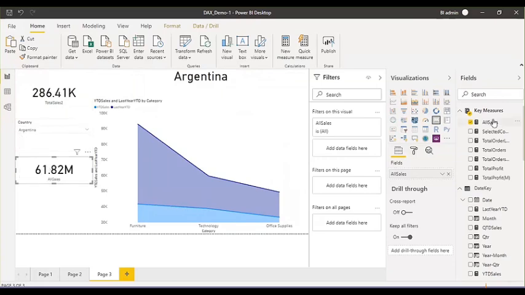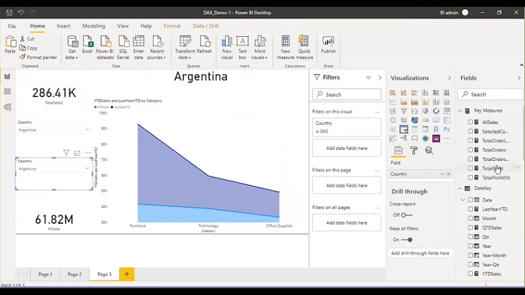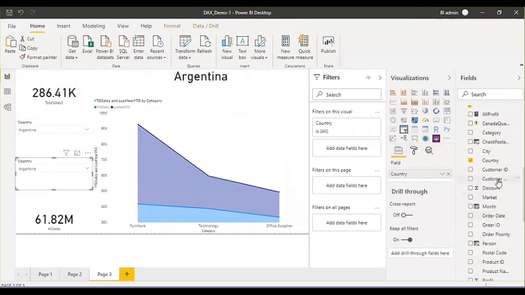This CALCULATE always helps us to evaluate the expression. So which expression are we evaluating here? This total sales, which is a measure, regardless of any filter which we apply on the orders table. Right now I mentioned the complete table here, but in case I have two filters here, one is country and the second is, let's say, customer.